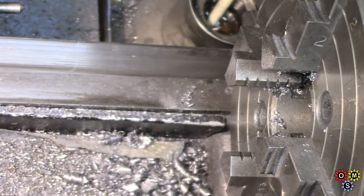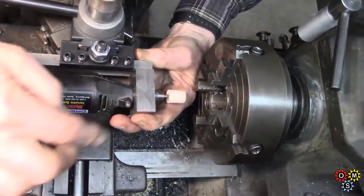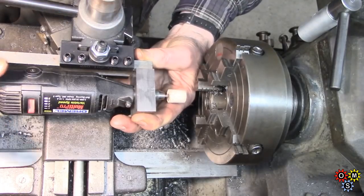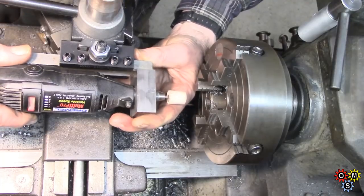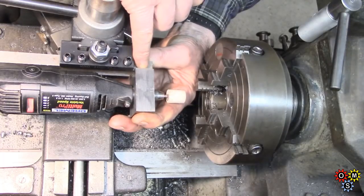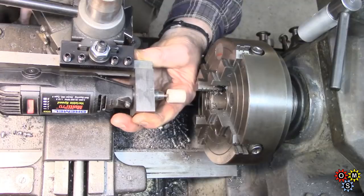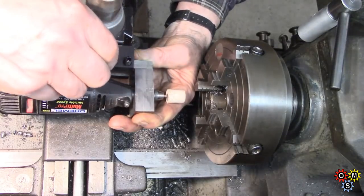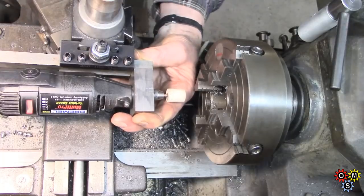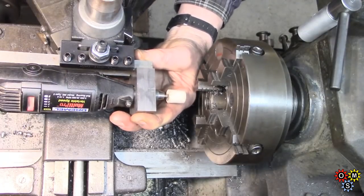Right, I'll clean this piece up and get rid of all the mess. I could actually have given that another 1/16, but I think there's enough clearance just about to get this in and out. And then we'll have to set this up pretty critically. Probably get a weld top and bottom. And that is almost, I'm just going to eye it up, it's almost on centre. I've got a bit more adjustment on here. And just eyeing it up, it's close to centre, so we've got to make that pretty accurate when we get to it, and cut this off